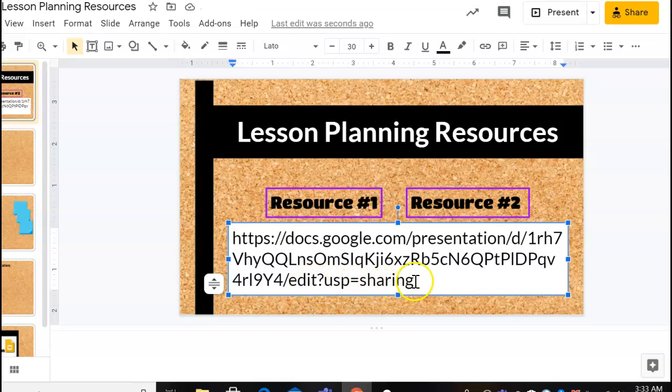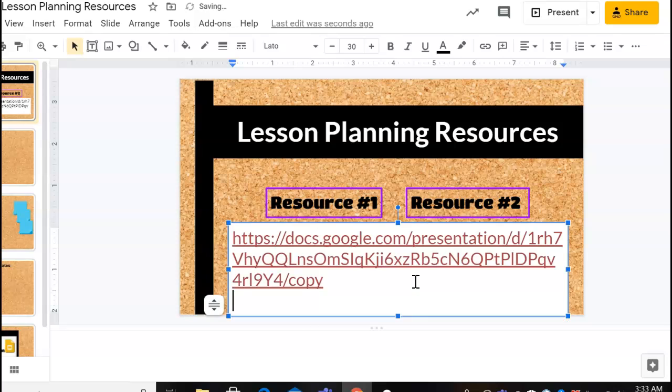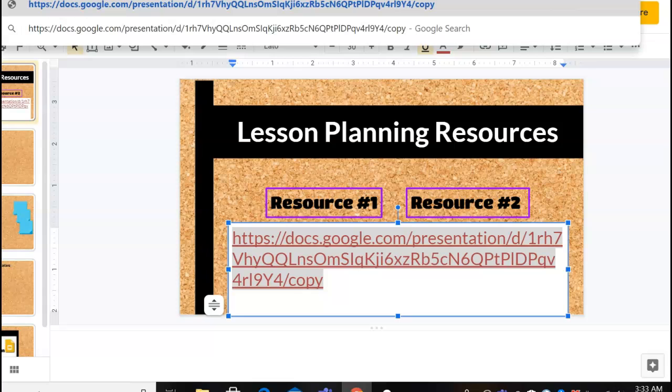can edit. To force an individual copy, you actually back up all the way past the word edit to the slash, and instead replace that URL piece with the word copy. Hit enter, and you can see it's now a link. If I copy that link, highlight it, click Control-C, and paste it in a browser,